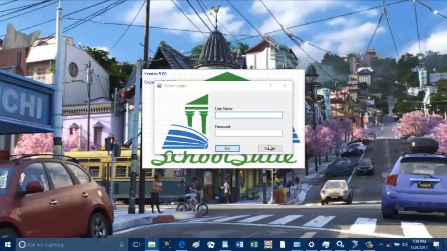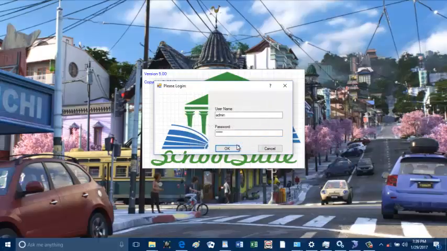When logging in, you have username and password, and you type admin. Then same thing, password admin, everything lowercase. When you log in, you can go and change the password, but make sure you do not forget the password, because we will not be able to help you from this end if you forget your password. Okay, welcome system administrator. Yes, this is the application.